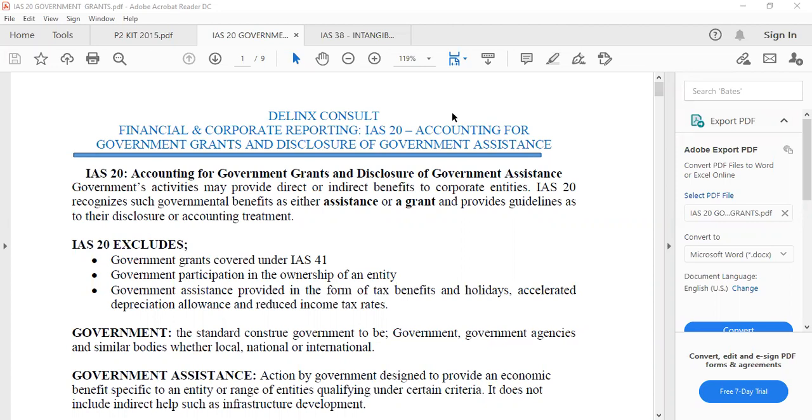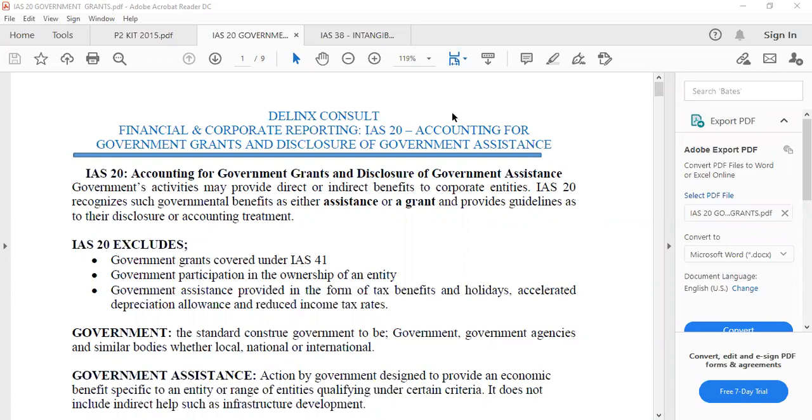And we don't account for government assistance. We only give disclosure for government assistance because there is no economic value. It is not involving any monetary value. There is no amount. What double entry are we going to pass? We are not receiving any money. And what are you going to record? So for government assistance, it doesn't involve transfer of economic or monetary resources or anything. So we give only disclosure to government assistance.